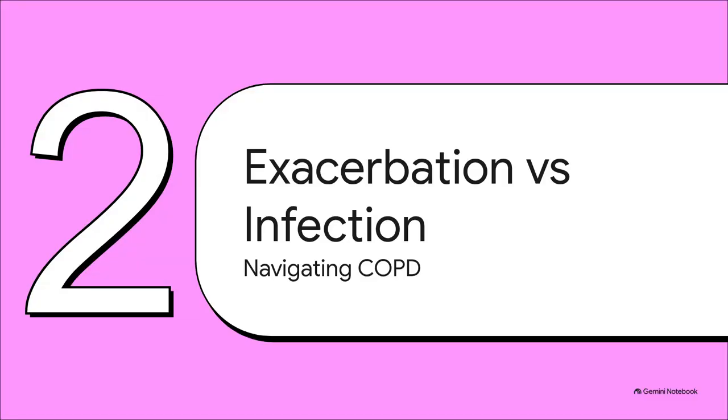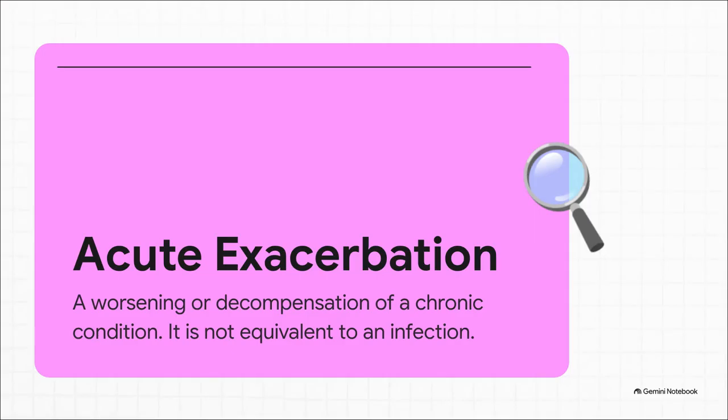Moving right along to our second section, COPD exacerbation versus infection. Let's see how this builds our understanding of COPD category J44, specifically navigating the really tricky clinical realities of exacerbations versus superimposed infections. Now, the guidelines explicitly define an acute exacerbation as a worsening or a decompensation of a chronic